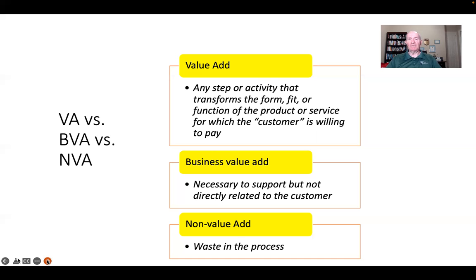Well, that non-value add is what? That's just a waste. That's wait time. That's over processing. That's moving things from one side of the desk to the other. That's a lot of waste in the process. So we're looking to either eliminate those non-value add steps in the process, or